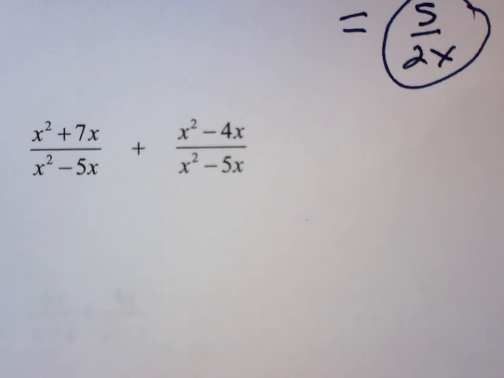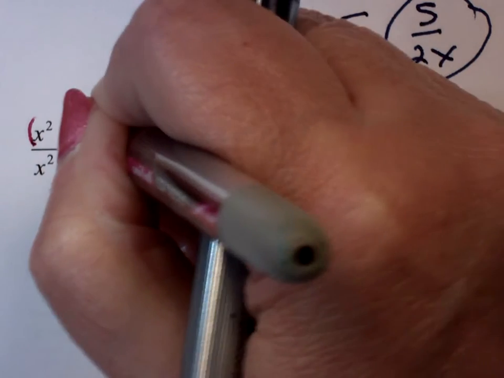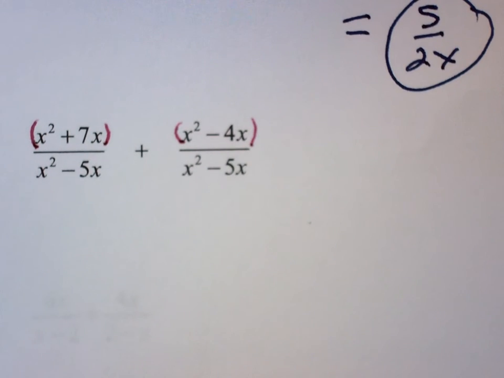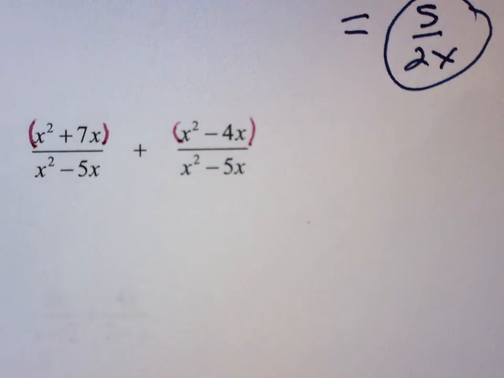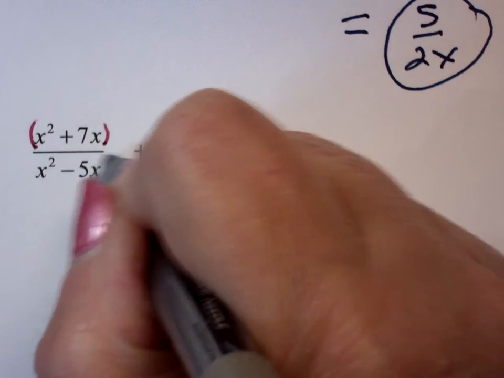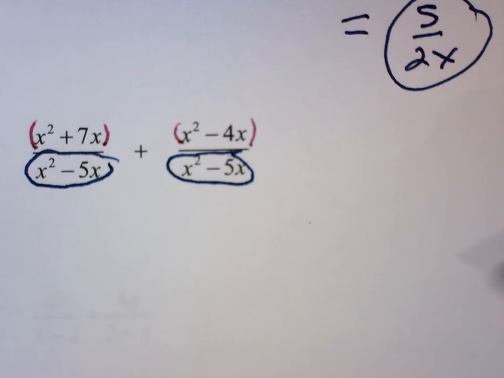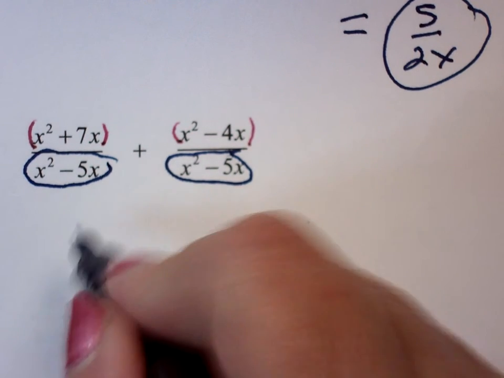Now again, when I look at this, I remind myself, because when I run into subtractions, additions aren't the issue, by the way, it's subtractions. But each one of those numerators is a grouping. And I also notice that the denominators are the same. So that says over this denominator,